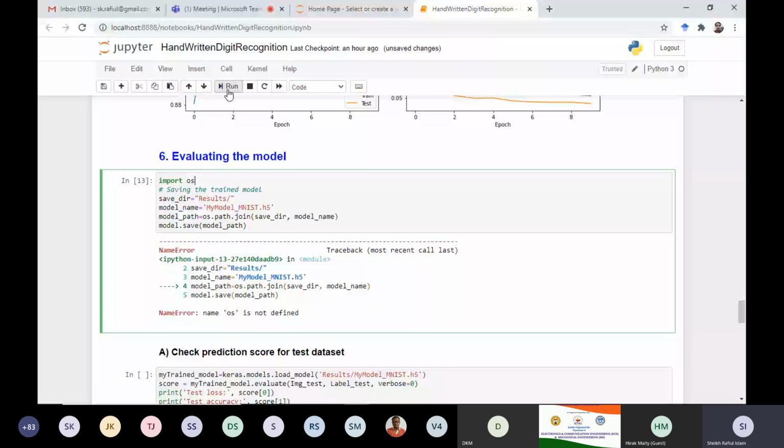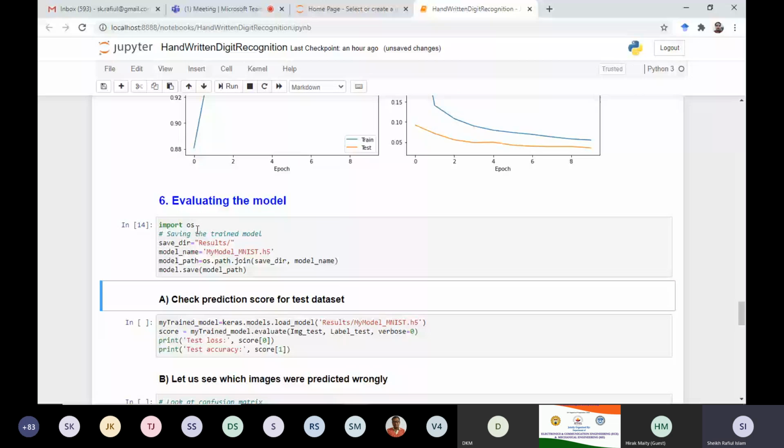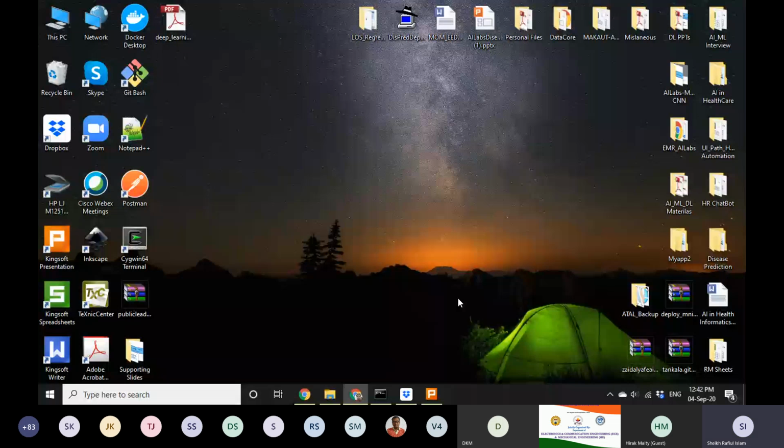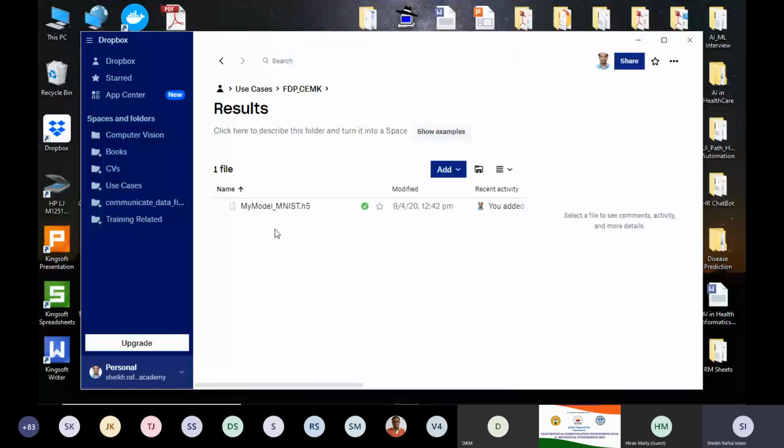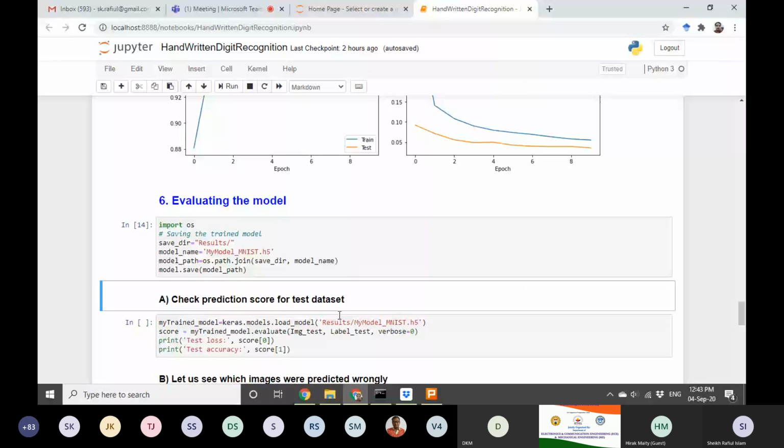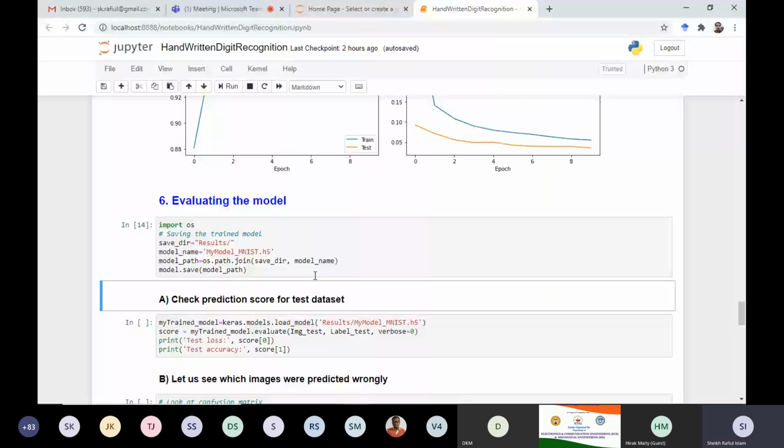As I missed that, now it has been saved. See, this is the name of the model, and the extension of the model you can see here. Anytime you can use that trained model. It does not matter if you end this session here; after ending this session, the model will be available. But if you don't save, when you end this session, the model won't be available.